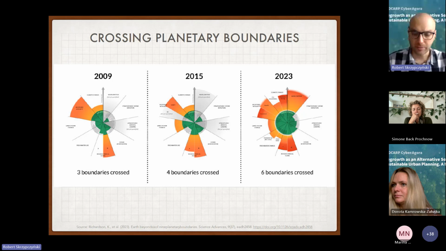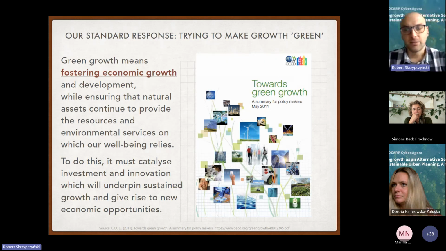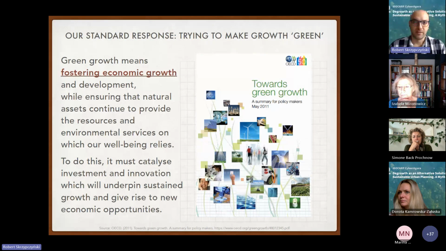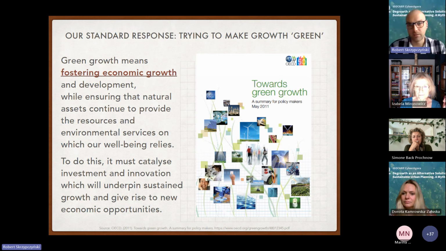So this concept is kind of useful for understanding our impact on the stability of our planet as a system. And of course, this problem is recognized by almost everyone, right? People wouldn't discuss the scientific basis of climate change, for example, or of biodiversity loss, but they, of course, propose different solutions. And Alejandro has already mentioned the concept of green growth, which is, you could say, our standard